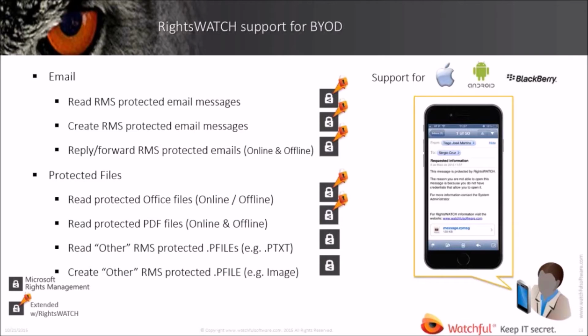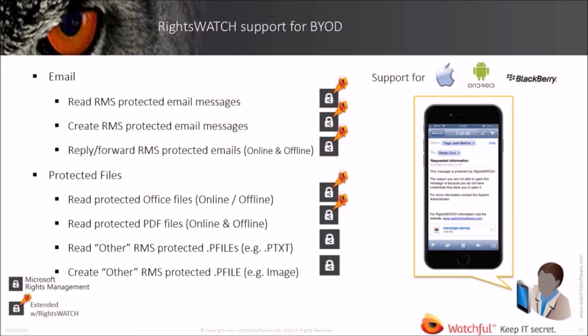It's the who, the where, the which, the when, the data file in itself, the email, the PDF, whatever file type you can think of. How do you make sure that the right user gets access to the right file that he needs to have, on whatever device, being it in a corporate network or not? How do you make sure that you have all the three layers covered is one of the interesting aspects of the BYOD challenge. To manage the information, which is the last part of the previous slide, you need RightsWATCH, and that's where RightsWATCH comes into play.